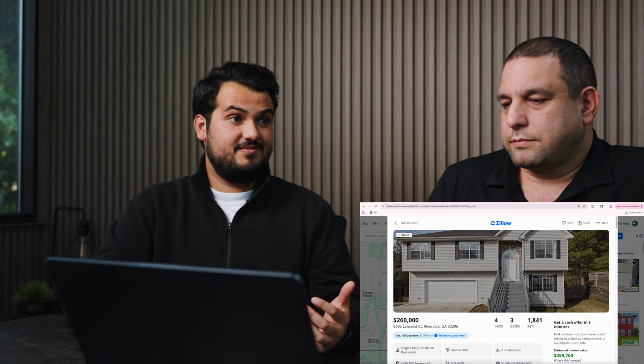Now, up until relatively recently, we actually didn't even use the FMLS or GMLS for access. But what did we do? We would determine, based on the outside of a house, what we could assume the inside looks like. Is it 100% accurate? No. But I think it's pretty damn close. You can look at the outside of a house and understand its general condition.